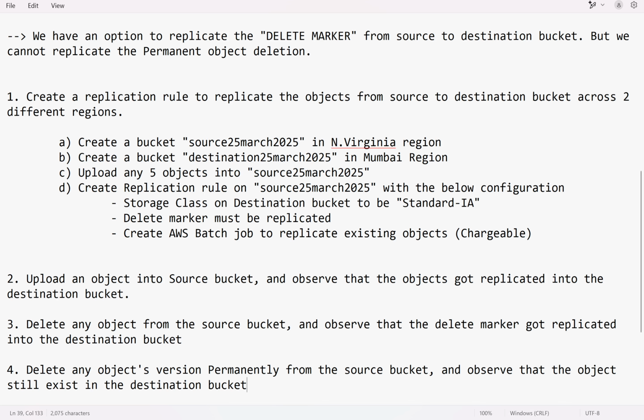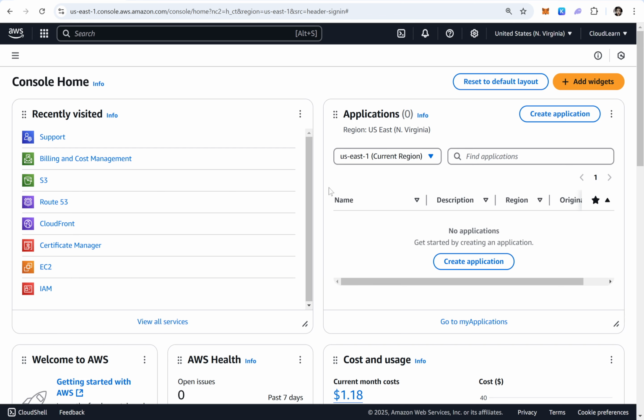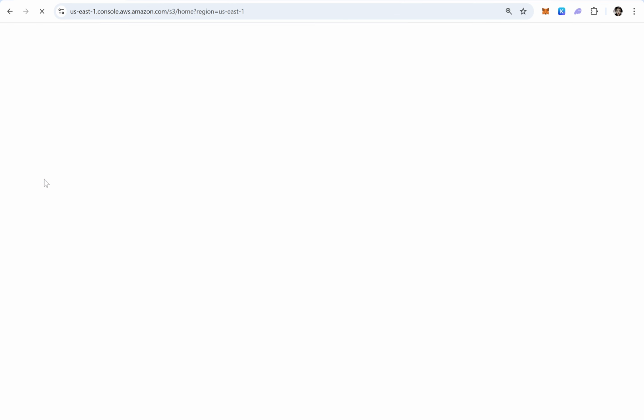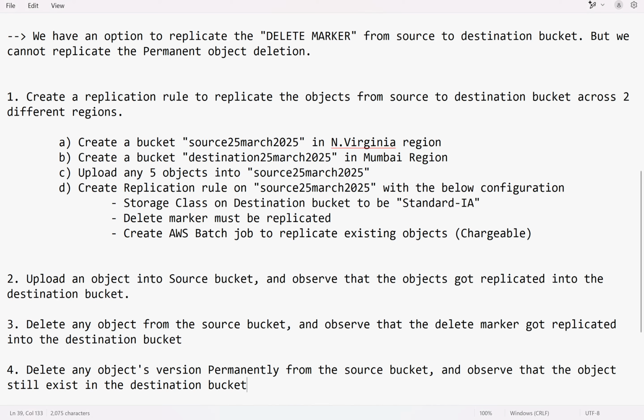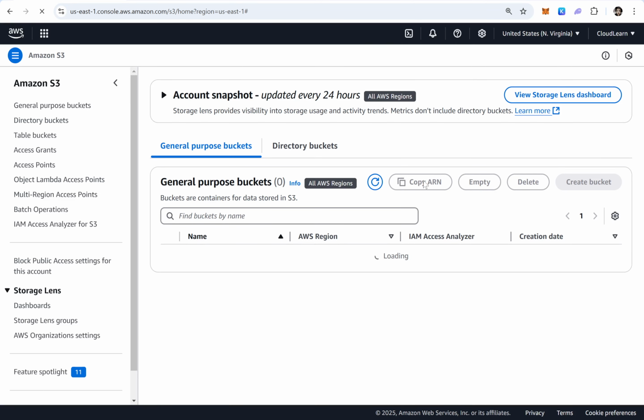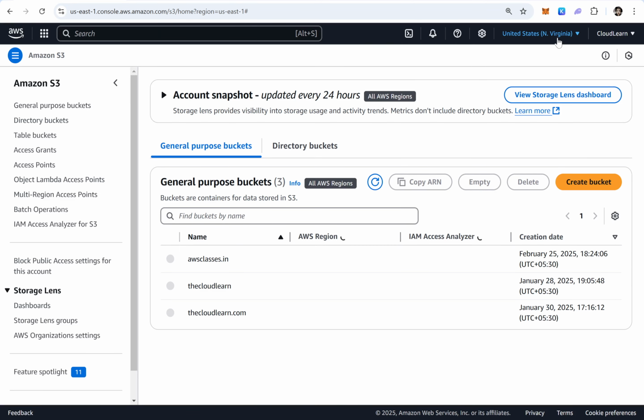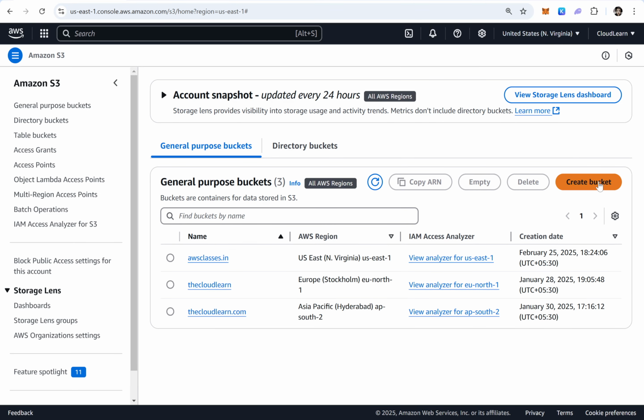So for that, let me log into our Amazon account. So this is our Amazon account. Let me navigate to S3 first. So what is the first one? Let us create a bucket in the Northern Virginia region, and this is going to be the name of the S3 bucket. So here I can check I am in the Northern Virginia region. Click on create bucket,